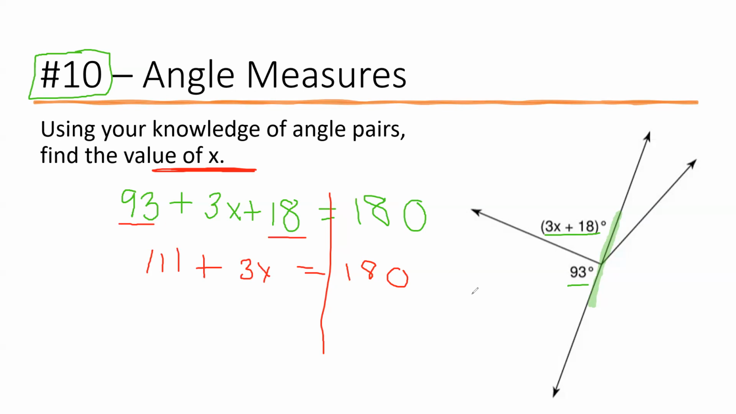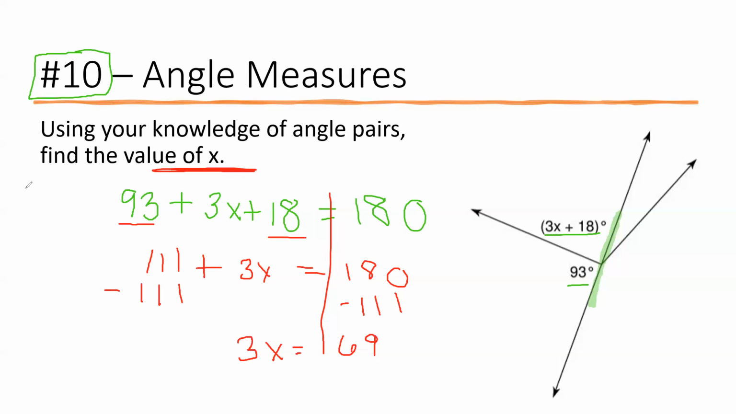Remember, when you're solving, you're trying to get that x by itself, and to move things to the other side of the equation, you have to do the opposite. So we have a positive 111 here. So to get that over to the other side, we would subtract it from both sides. So 111 minus 111 is 0. We're left with 3x equals 180 minus 111 is 69. We have 3x equals